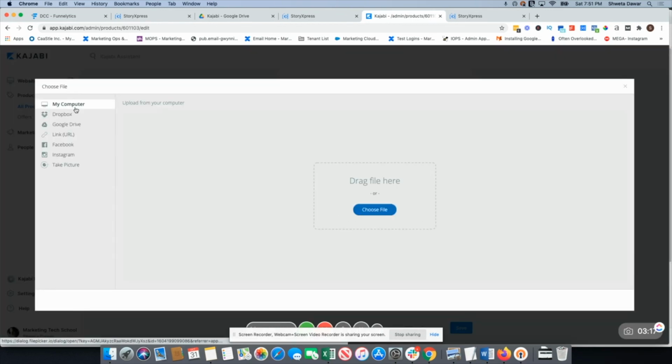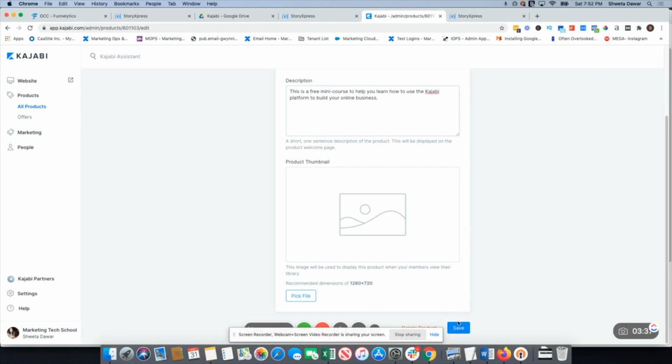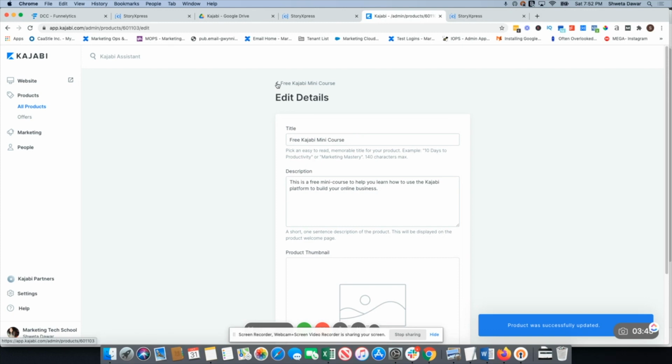And when you click on pick a file, it'll give you different platforms. So what I would highly suggest is store your image on Google Drive or Dropbox, because it's much easier and faster to upload an image or a video from Google Drive or Dropbox rather than your computer. If you're uploading an image from your computer, it takes a long time. So I'm just going to hit save, and then we are going to go back,